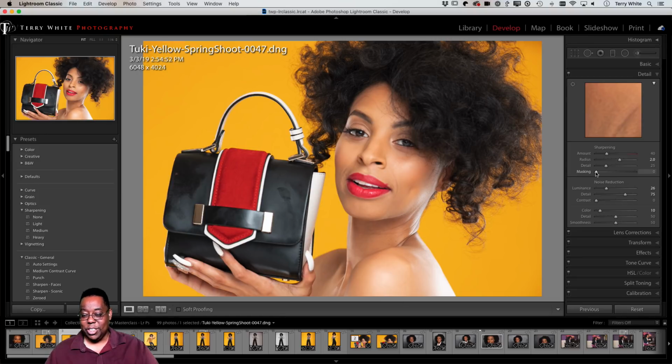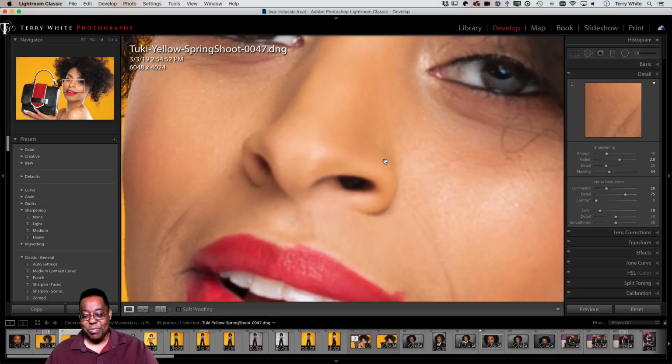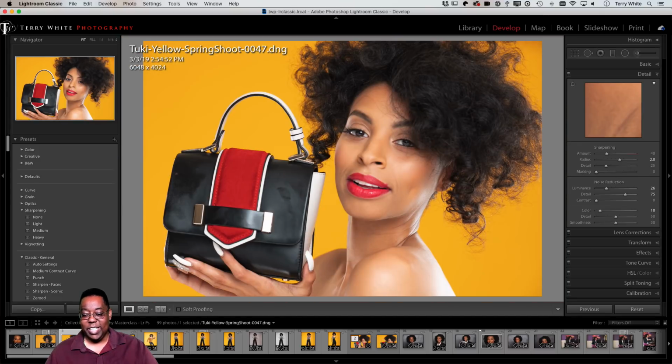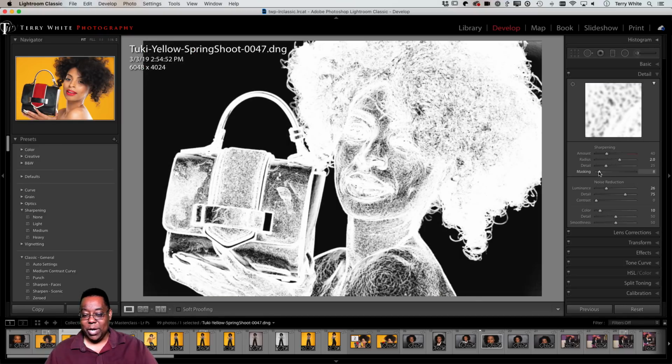But if I just drag the slider, I can't really tell. Even if I zoom in, I can't really tell, is that really doing it? Is it not doing it? I can't tell. But there's a way to see it. If you hold down your Option or Alt key and drag that same Masking slider, then you get a black and white preview.